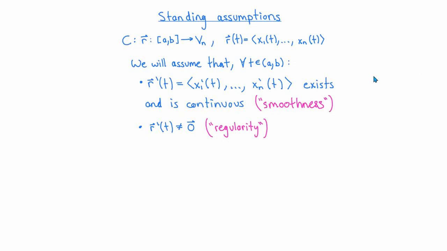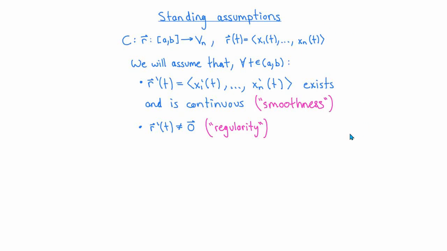To be realistic, not every curve that we're interested in is going to satisfy these two hypotheses. In particular, there are many examples and applications of mathematics of curves that don't admit smooth parametrizations. In practice, we'll be happy as long as we can write the curves that we're interested in as a finite union of curves that are smooth and regular.